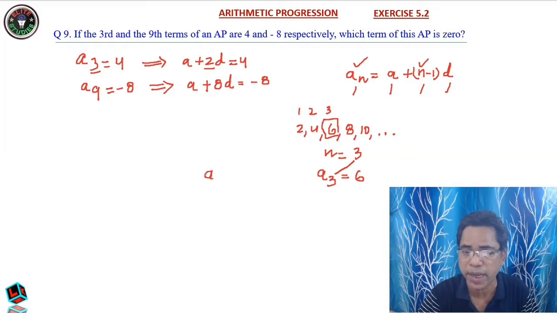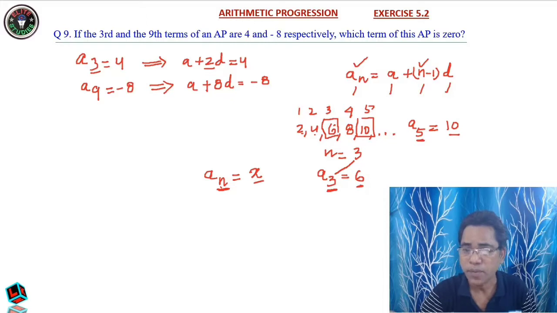When you are writing AN is equal to some value, suppose say X, this shows that the value of the nth term of the AP is X. I will again repeat, the value of the nth term of the AP is X. This means the value of the third term is 6. You see, the value of the third term 1, 2, 3, is 6. Similarly, the value of the fifth term, this is fourth term and this is fifth term, the value of fifth term A5 is equal to 10. This means in an AP, the value of the fifth term is 10.